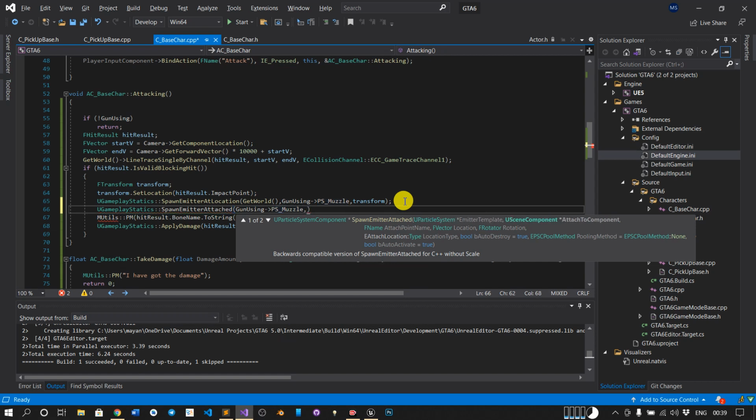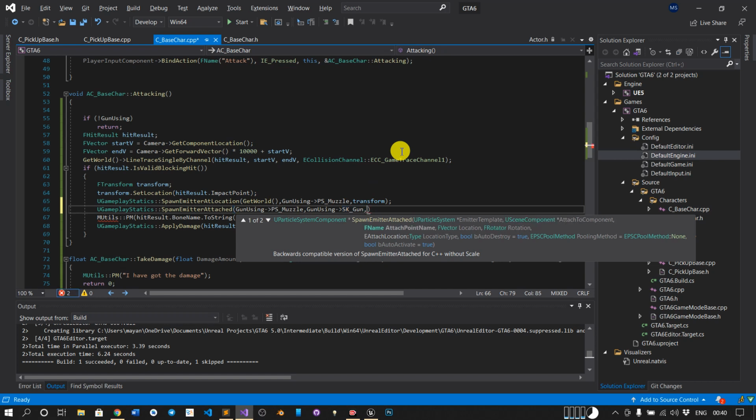Next is the scene component, which is this only. GunUsing scene component is the skeletal mesh of that gun. So we want SK underscore Gun. See, that PS helps us to memorize because it is a particle system. So PS underscore, and for skeletal mesh, SK underscore, it should be SM actually.